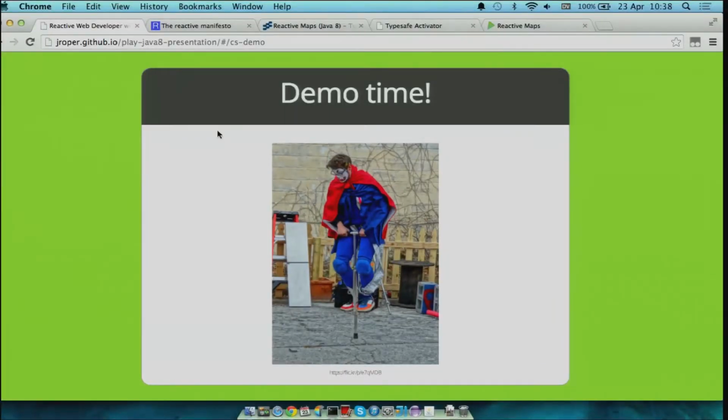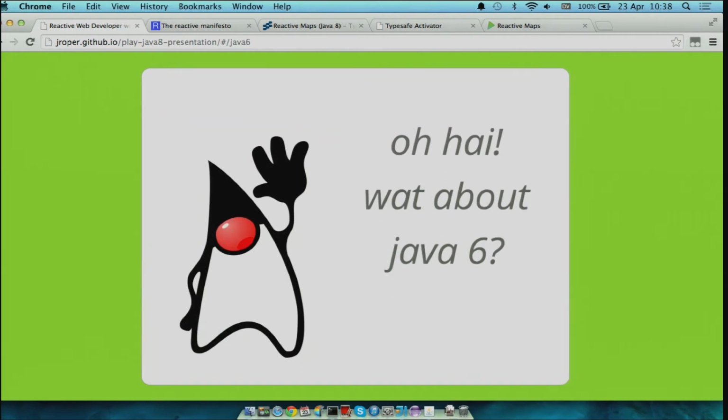Okay, so that's completion stage. Now, as I said, I'm a developer on Play Framework, and one issue that a lot of framework developers have when looking at something like completion stage is that not everybody is moving to Java 8 yet. If we move to Java 8 right now, then that means dropping support for Java 6 and Java 7. So for that reason, we can't fully embrace completion stage yet.